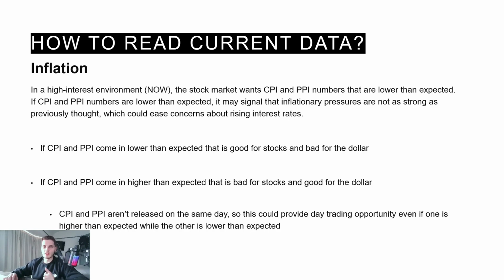What's also good is that whether you're a swing or day trader, you may use these results differently. If you're a day trader, it can be a bit easier because consumer price index and producer price index aren't released on the same day. So if you see CPI come out lower than expected, you could play that upward move. And on the other hand, if PPI comes out two days later and ends up coming out higher than expected, you can trade that short bias move. So trading them from a day trading perspective can potentially be a lot easier.